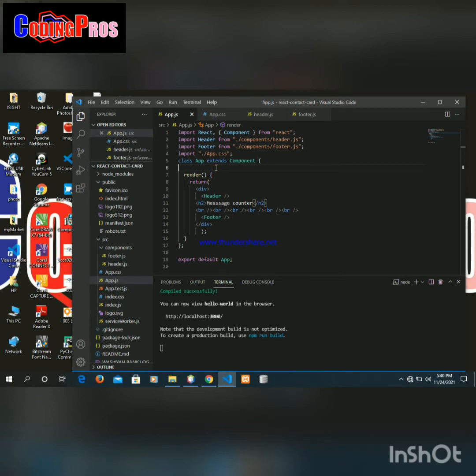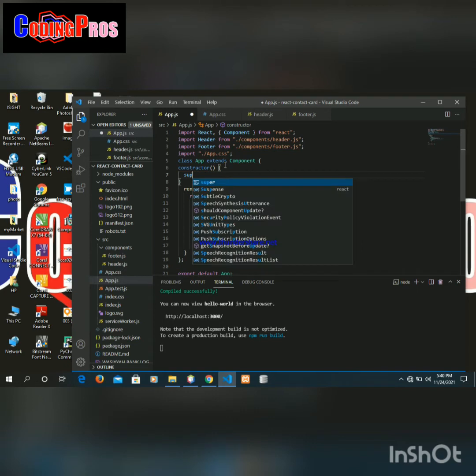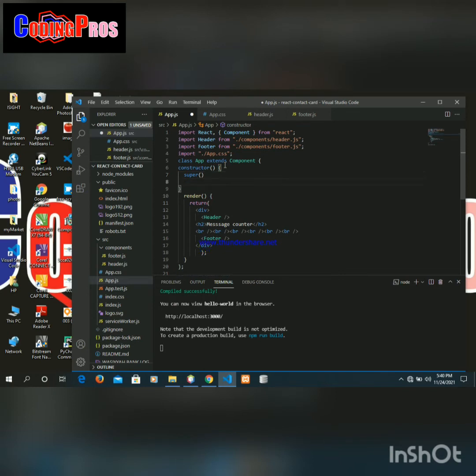Constructor comes with parentheses. After constructor we have super. Do not forget that. And since I'm using state to initialize a condition, I'm going to say